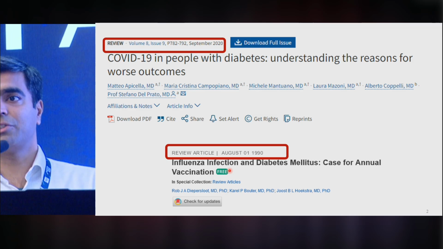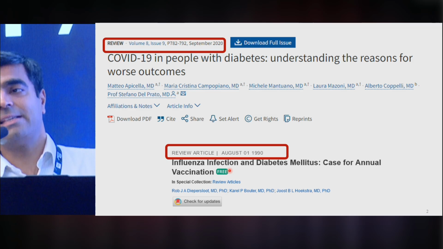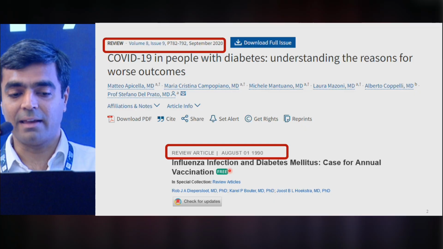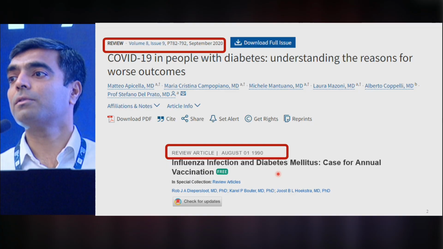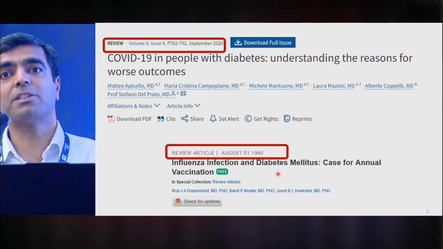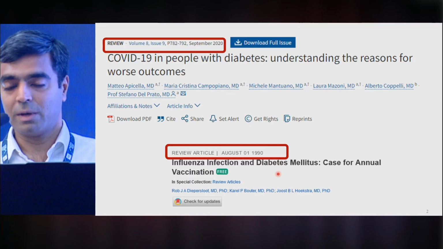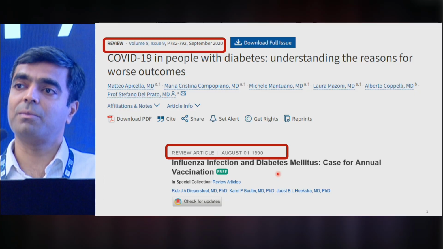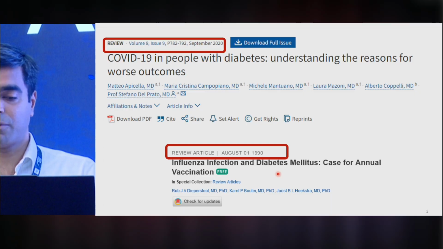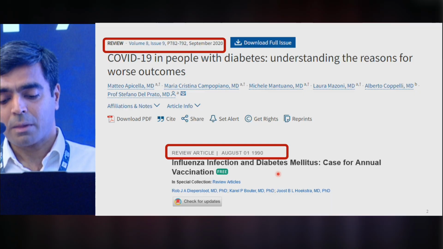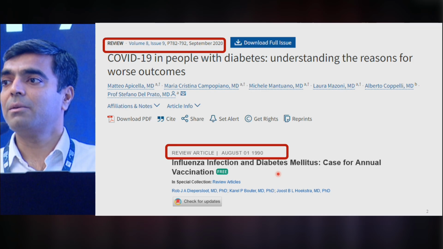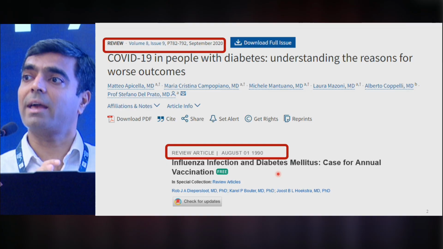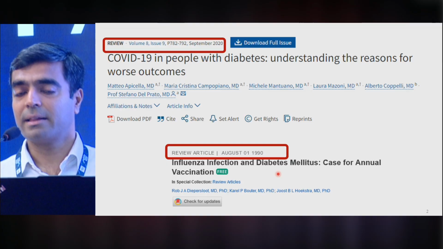If you go back in the literature, you will see that in the 1970s and 80s, this was a key question for influenza too. And that's why in the 1990s, there was a recommendation of vaccination against flu, especially for older individuals and those with comorbidities such as diabetes, because individuals with diabetes tend to have more severe infection and higher mortality after flu infection. This remains a key question in the field, and there are not very good animal models to test some of the theories of why this might be happening, the mechanisms of why there is higher mortality.